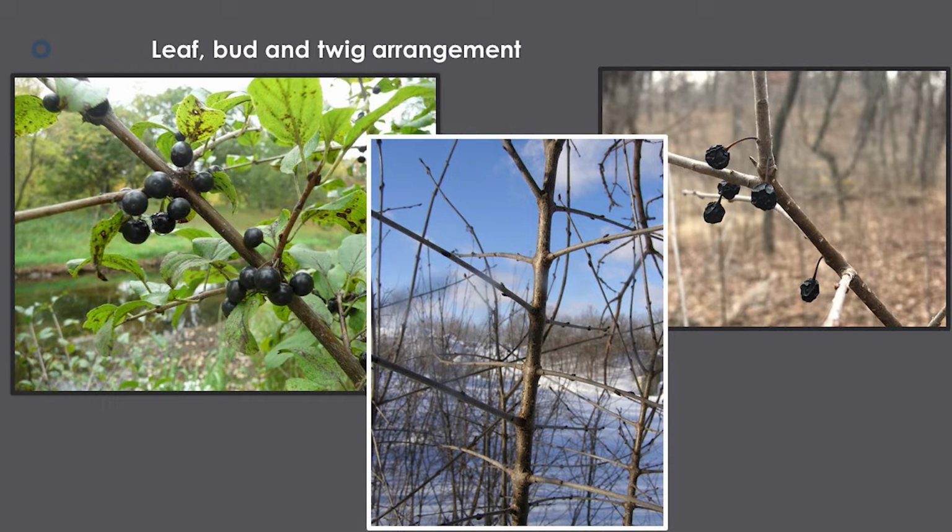So if you go out on your property this weekend or this coming week when it's going to be really nice, you can look at the buds and you can find these opposite buds, meaning they're right opposite one another on the twig. That is very distinct about buckthorn, but there are a couple of little caveats. They can also be subopposite, which means just offset a little bit like that. So that's typically what you find.